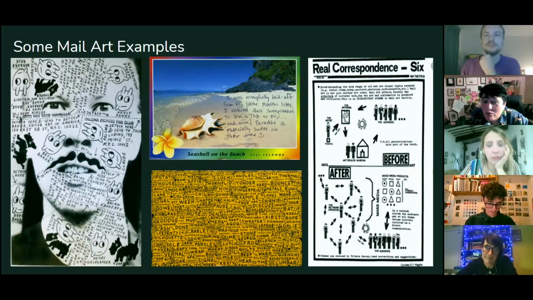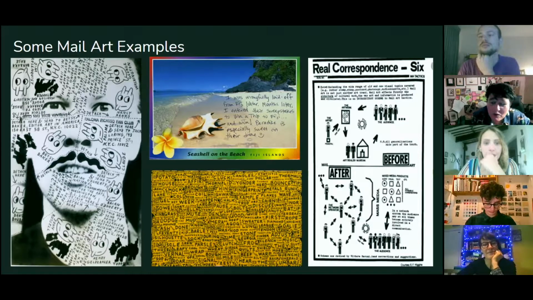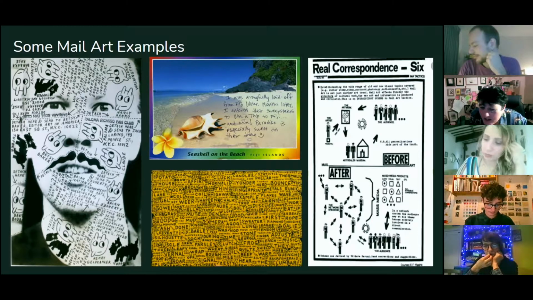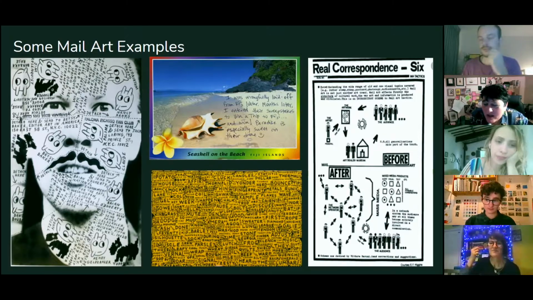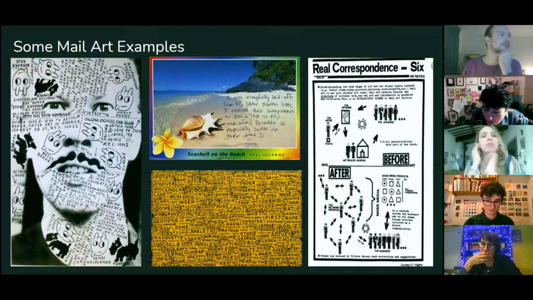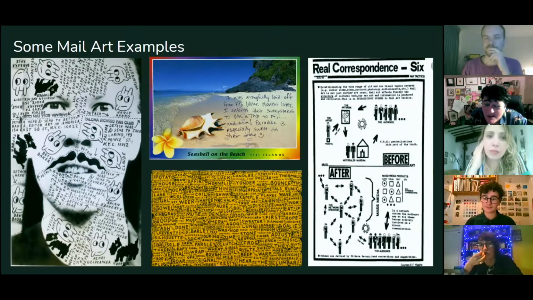The final one, real correspondence, is almost like an instruction or a flow diagram in terms of how the Fluxus movement should work, how the art system traditionally worked before you had the audience. They went to the gallery and the art dealer, and then they bought the art. Hopefully the postal art altered that system, because you weren't guaranteed in getting your artwork. Who were the mass media? How did they get the artwork displayed? Whether that was digital in the modern day, as we know net art or internet art that has taken over from a lot of the mail art tradition. So this is sort of an instruction.